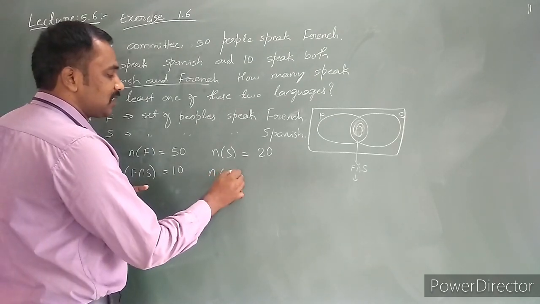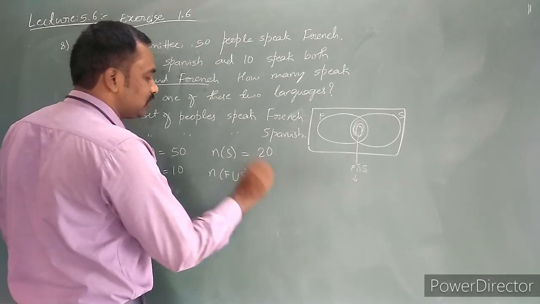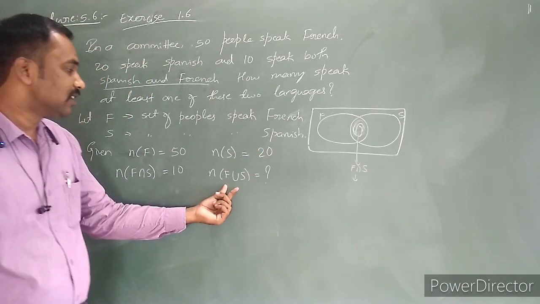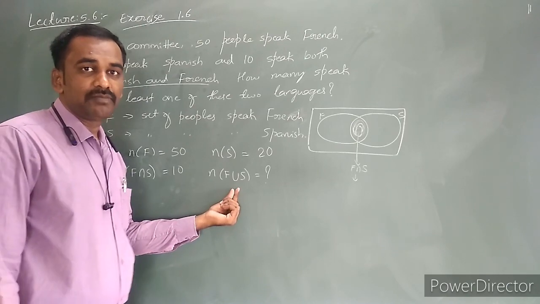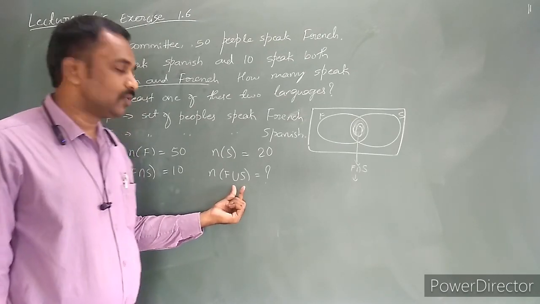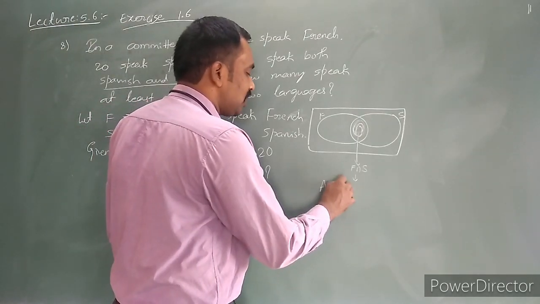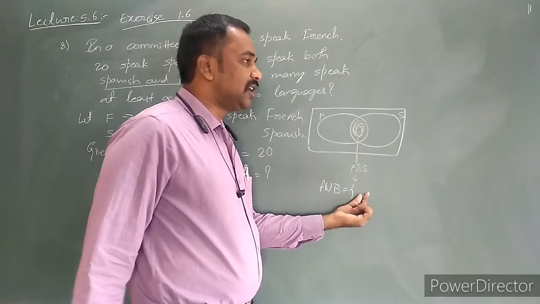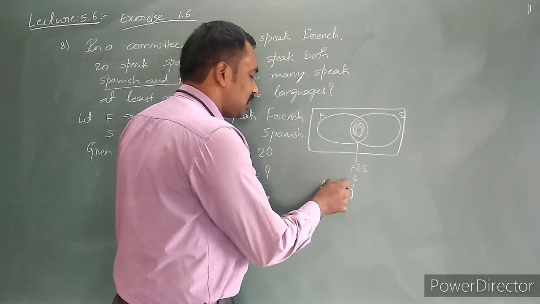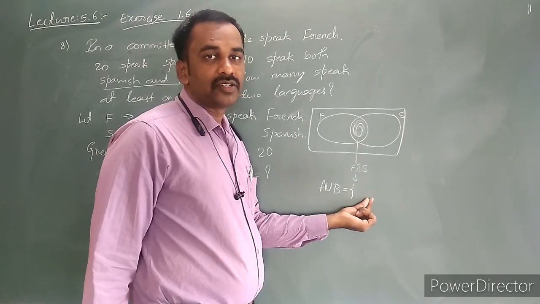It is sufficient to find n of F union S, equal to how much? How is this a union? What does the union of two sets denote mathematically? What is the definition of the union of two sets? A union B is equal to, what is A union B? The elements which belong to the set A or belong to the set